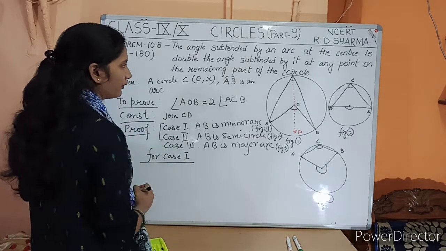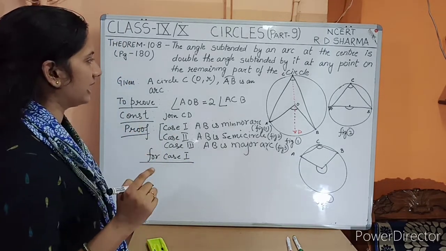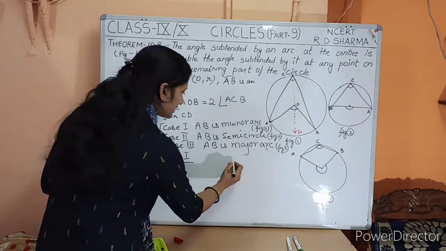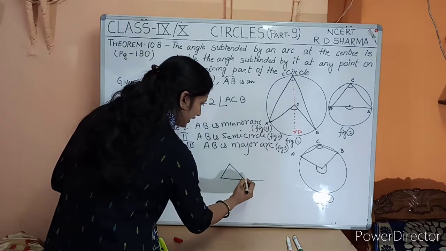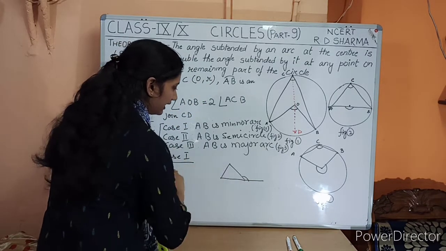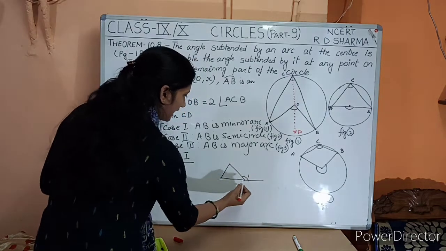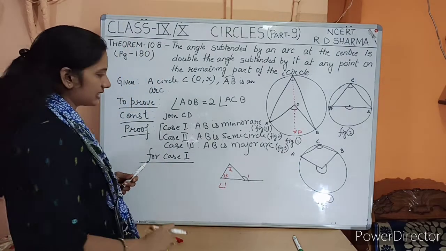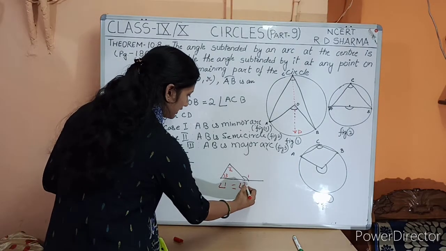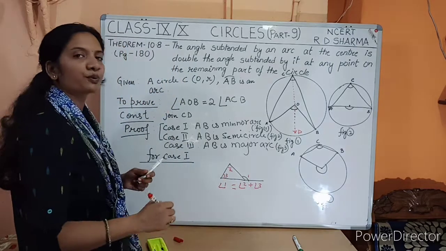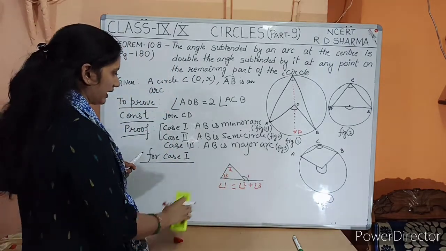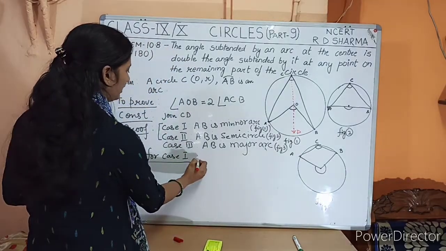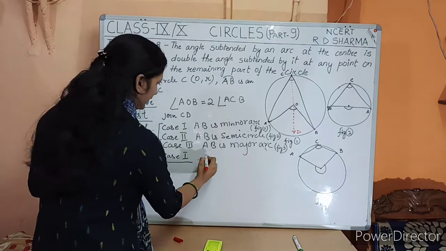So children, we know one theorem which is the external angle property. Do you remember that thing? It says that if any one side of a triangle is extended, then the external angle must be equal to the sum of the other two. If suppose this angle is 1, this is 2, this is 3, then the external angle property says that angle 1 must be equal to angle 2 plus angle 3. So this property we are going to use here in this triangle. So just check out the triangle.